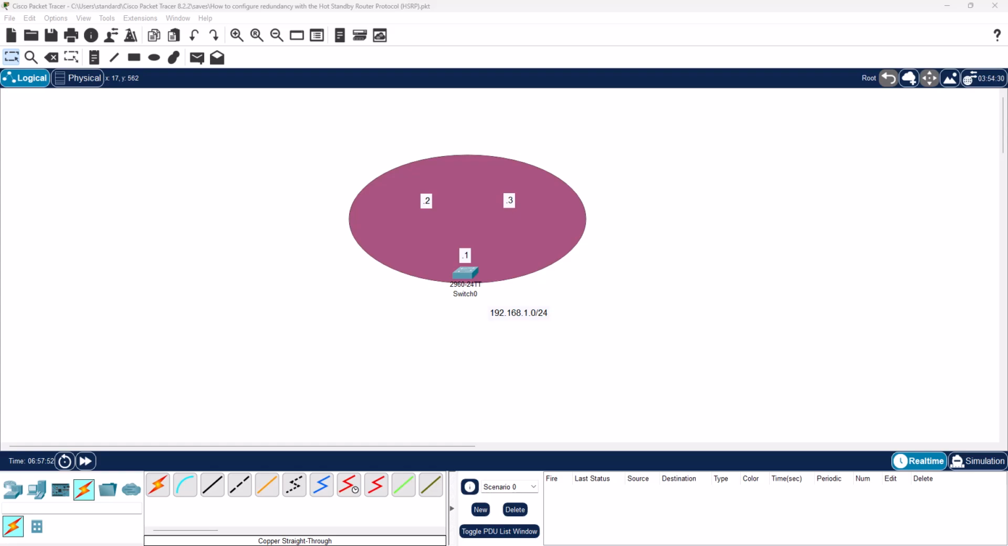Hello everyone. In this video we're going to demonstrate how to configure some routing redundancy using the hot standby router protocol, which is also known as HSRP for short. We will utilize a single network of 192.168.1.0/24, to which we're going to add 3 nodes, a cluster of 2 routers and a PC that will act